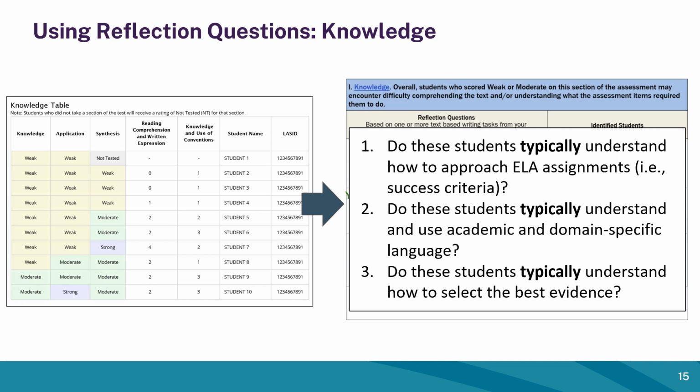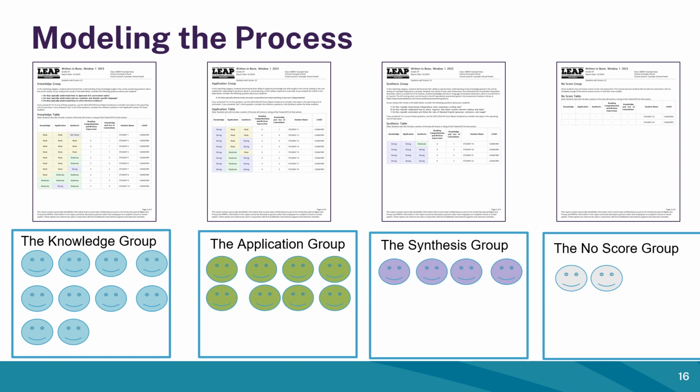Again, put their name in box 3. You may have 1 or 2 students who are flagged, but do not fall into any of the current categories. Keep their name in mind as you continue to consider the later questions in the next section of the guidance. This example shows how a class of 22 students grouped into the knowledge, application, and synthesis groups, depending on